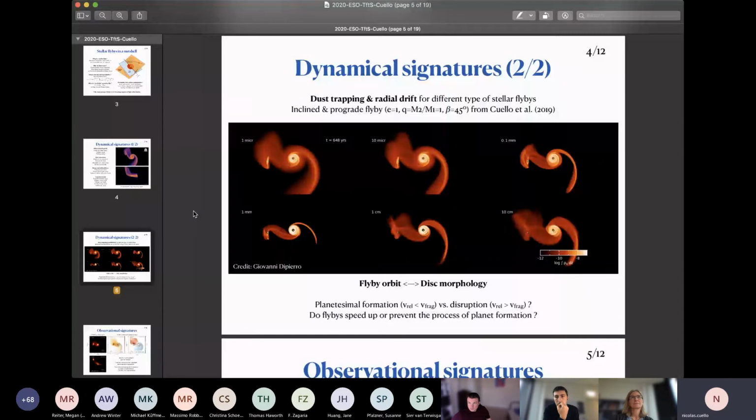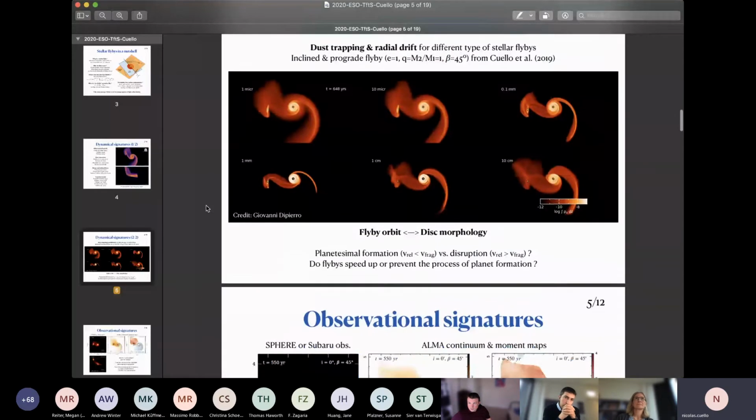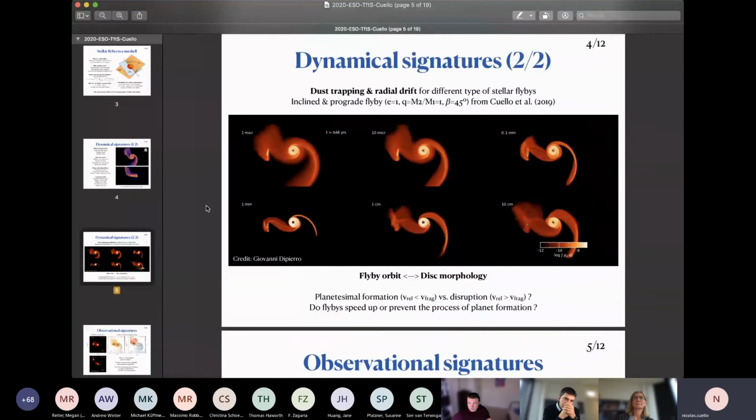The closer you get, or the more massive you are, the higher the burst. But you can increase the mass accretion by a factor of 10 or even 100 if you want, being realistic. And then the problem is that it takes some time to reach the peak, and then it goes down in a few hundred years.